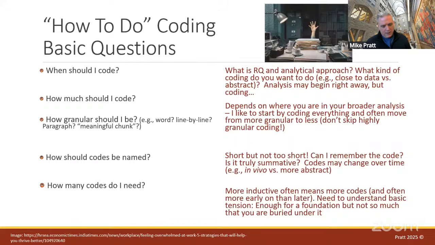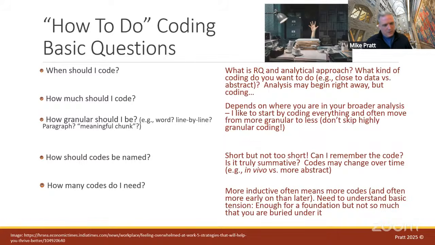But think about coding as a pyramid. Especially in grounded theory, subsequent rounds of coding abstract from your earlier phases. So you think of it as a base. If I have a very narrow base, like only 45 codes, and I want to abstract from that to second order codes or more abstract codes, and then theoretical dimensions, there's just not enough there. So you're going to have a very weak, underdeveloped analysis later on.